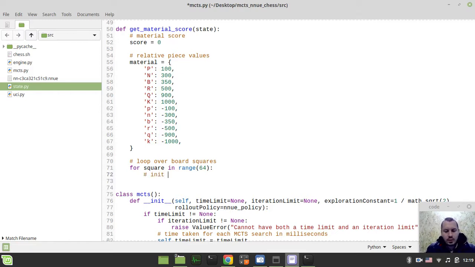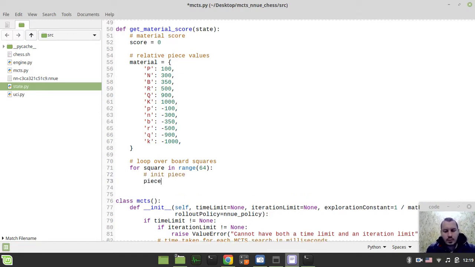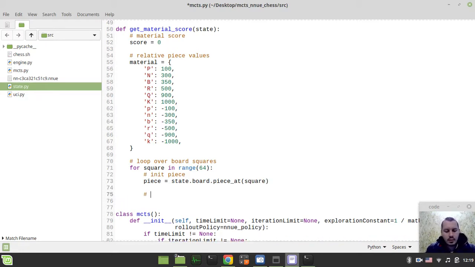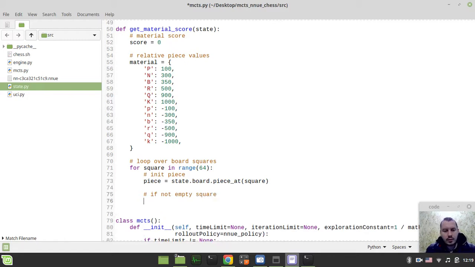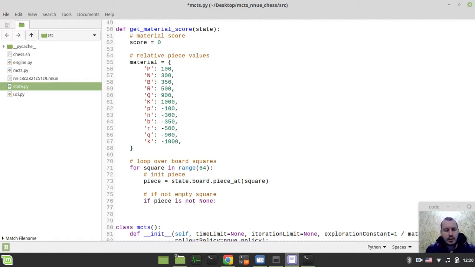Okay, initialize piece equals to, so we need to say state dot board dot piece at the square, and say if not empty square, so we can say if piece is not none. In this case,